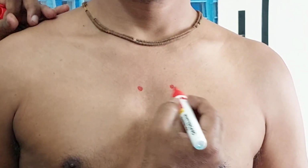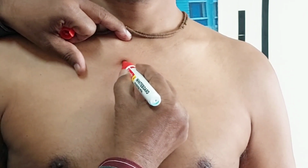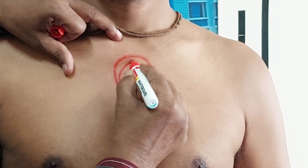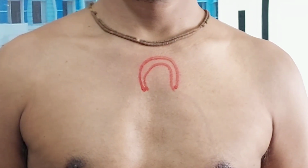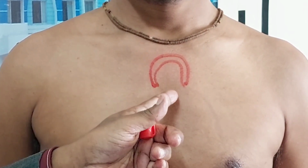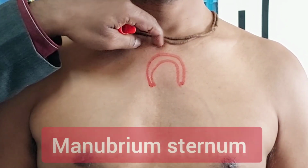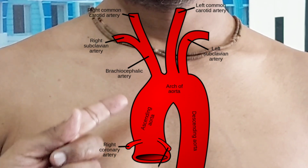I will join these 2 points and show the convexity upwards here like this, and the center of this convexity reaches up to the center of the manubrium sterni. Here is the upper limit or maximum convexity, and this is the center of the manubrium sterni. Manubrium sterni means this is the sternal angle, this is the suprasternal notch, so this part of the sternum is called the manubrium sterni. And the convexity, you can see here, is upwards,